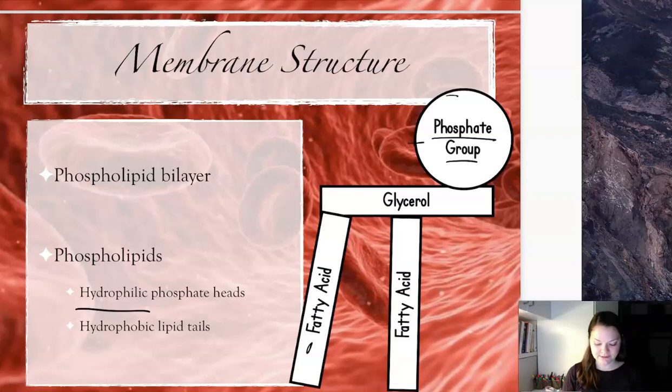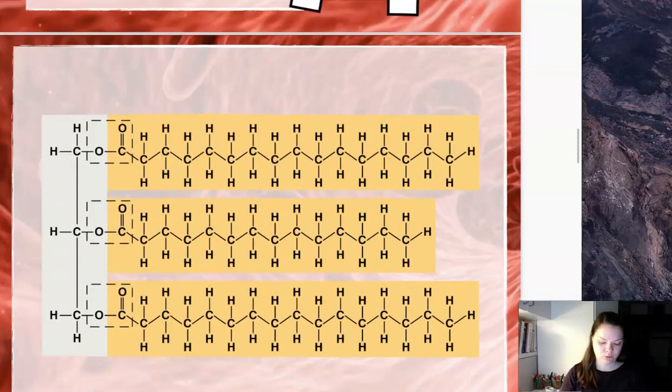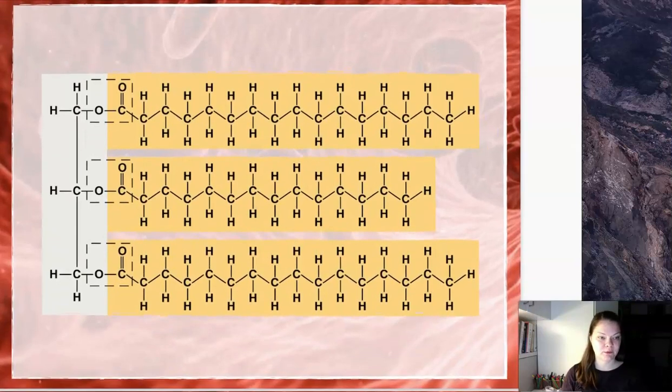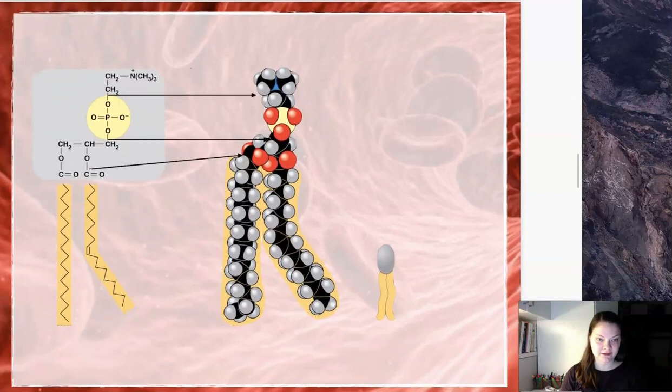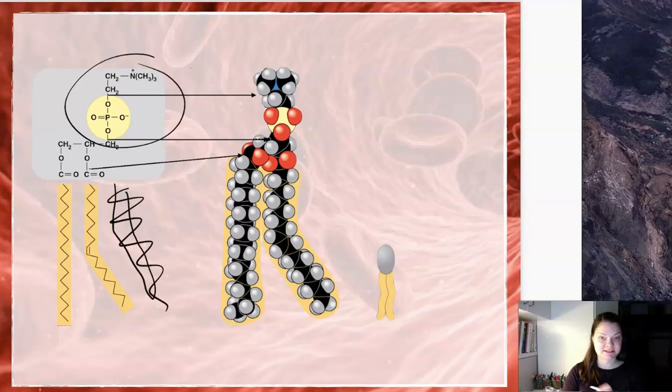The fatty acids down here are long hydrocarbons, carbon, carbon, carbon, a bunch of hydrogens. All of those nonpolar bonds means that overall the lipid tails are nonpolar. They're not going to associate well with water. Okay, so here is our typical model of a lipid, but in the case of phospholipids, that third one that would be right here is like nah, and we're getting this phosphate head. So we've got the phosphate head,